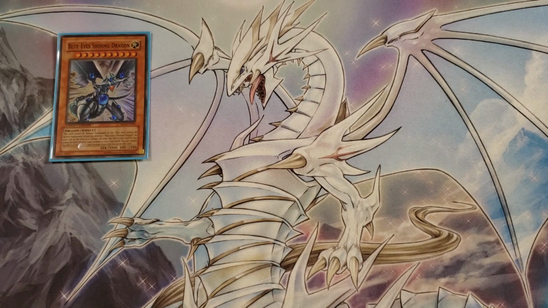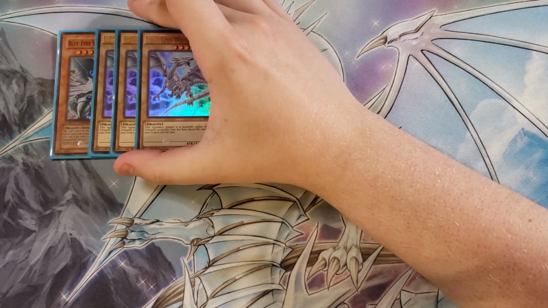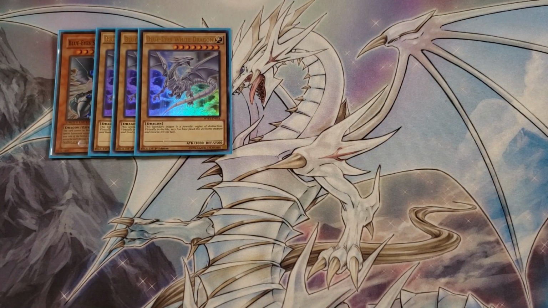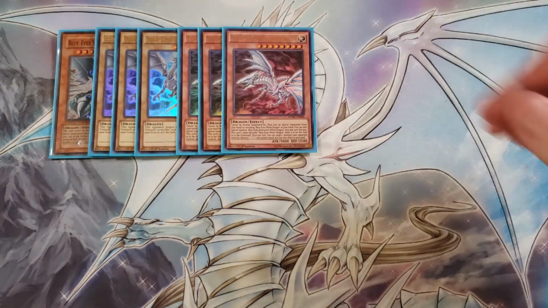We then play 3 copies of Blue Eyes White Dragon in this deck as well. The Blue Eyes White Dragons are basically in here to go into your copy of Blue Eyes Ultimate a little bit faster. We play 3 copies of Blue Eyes Alternative White Dragon because these cards also count as Blue Eyes